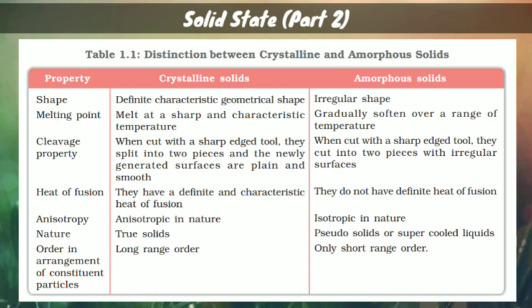Okay, so hope you understand the second objective. So our second objective was fulfilled. So this was what? Distinguish between amorphous and crystalline solids. Okay, so next we will discuss mainly the classification of crystalline solids on the basis of the nature of binding forces. But in this part we discuss only the types of solids on the basis of the arrangement of the constituent particles.